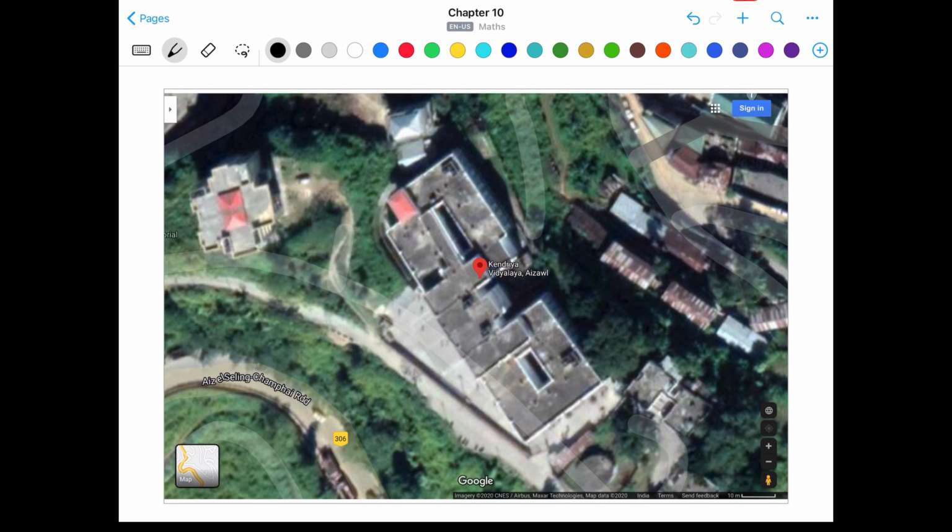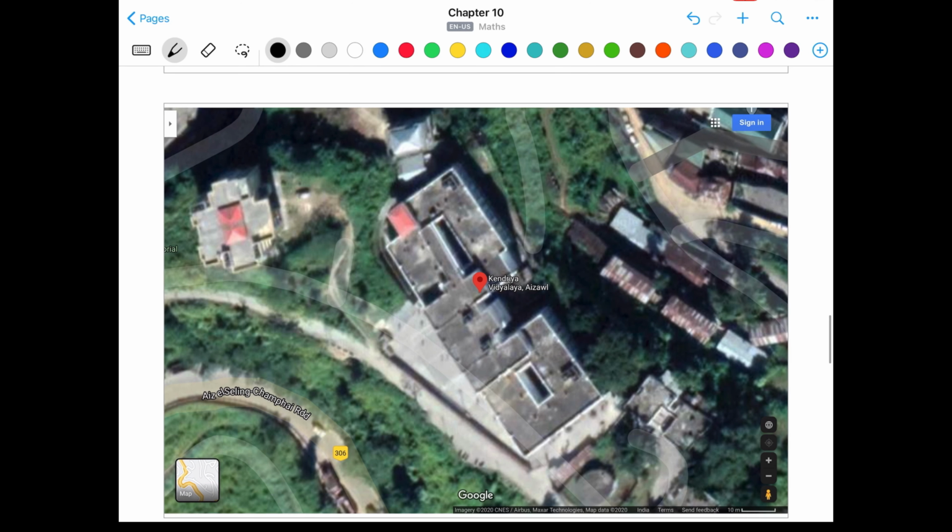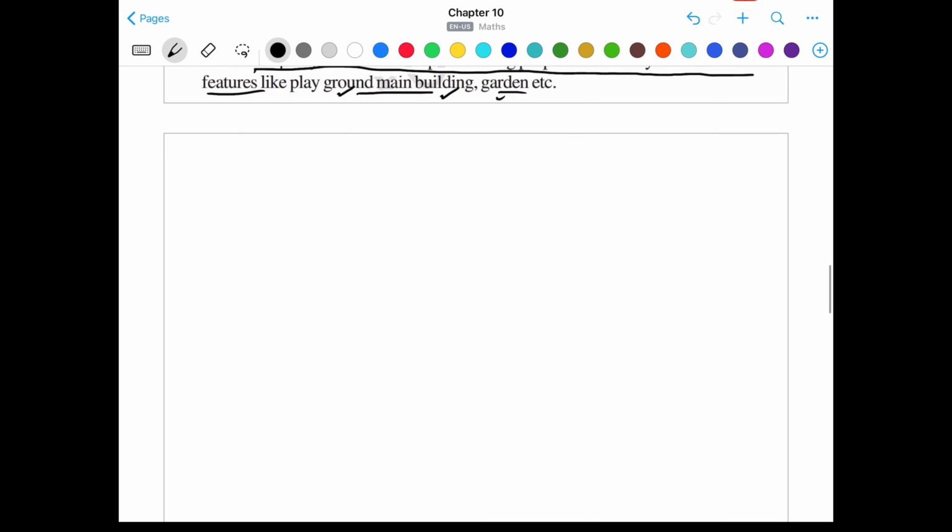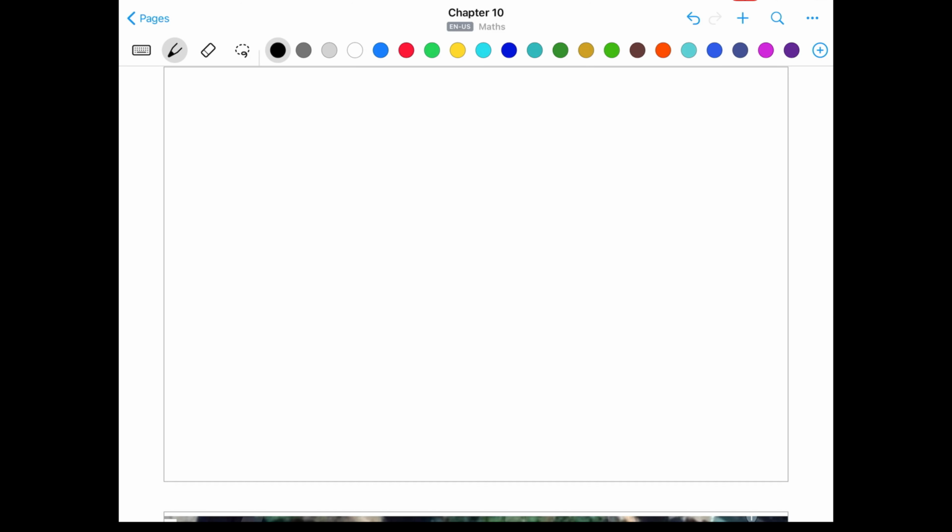Again, we are going to use pencil and scale to draw this. I'm going to show you how to do it roughly. You will use proper measurement, pencil and scale to draw the diagram of your school. I'm just showing you roughly, based on the screenshot that I have taken from Google Maps. So that's the main building. Then we have in our school here the children's park, this is the guard room, then we have this parking area or the waiting area for the parents, and right here we have this entry gate,